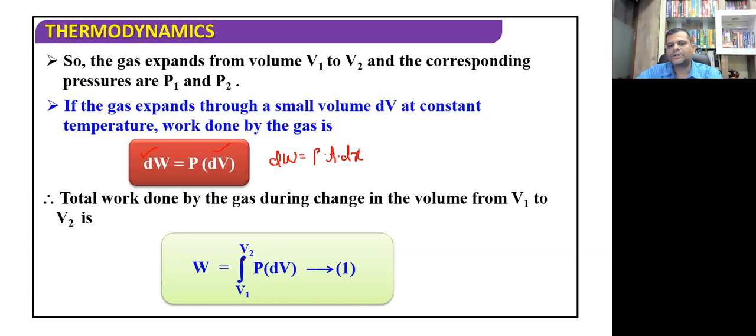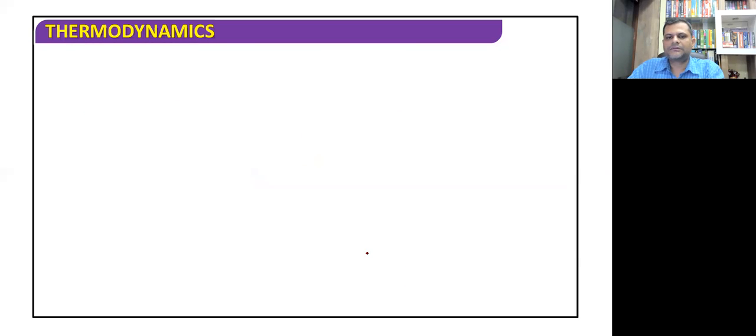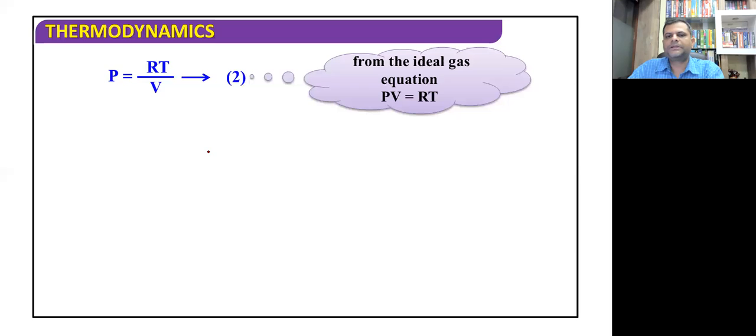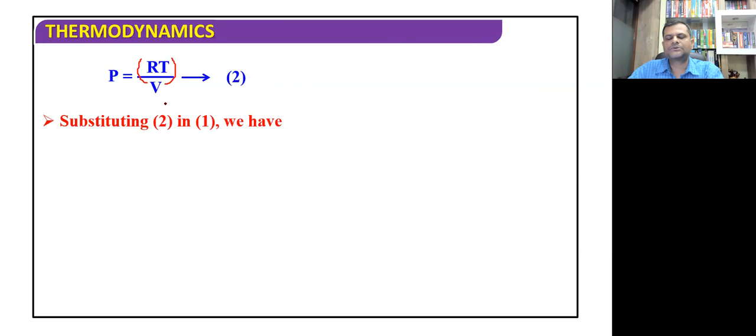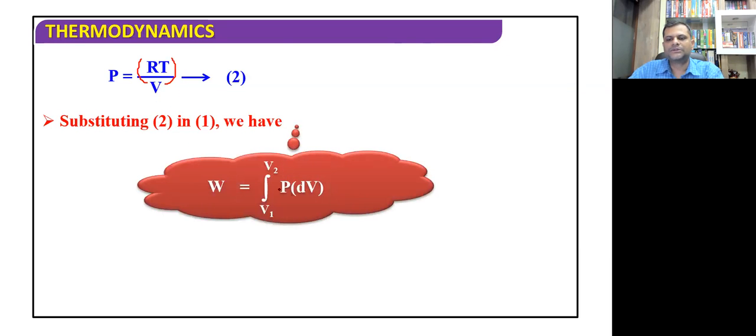और फिर यहाँ पे इसको इंटीग्रेट करना हमको जरूरी होगा, क्योंकि यहाँ पे प्रेशर जो है वो वेरिएबल है. ठीक है, तो in case of the isothermal process the pressure is variable, and that's why we have to integrate this equation from V1 to V2. V1 is the initial volume and V2 is going to be the final volume. So if we just work this out, तो हमको यहाँ पे P के बदले RT upon V लिखने आएगा. तो अगर हम वहाँ पे रिप्लेस कर देंगे उसको आइडियल गैस इक्वेशन यूज करके,